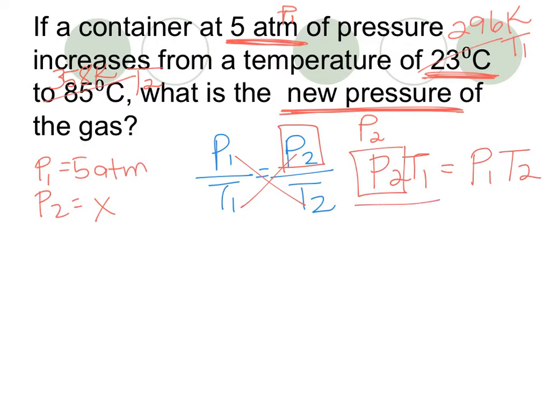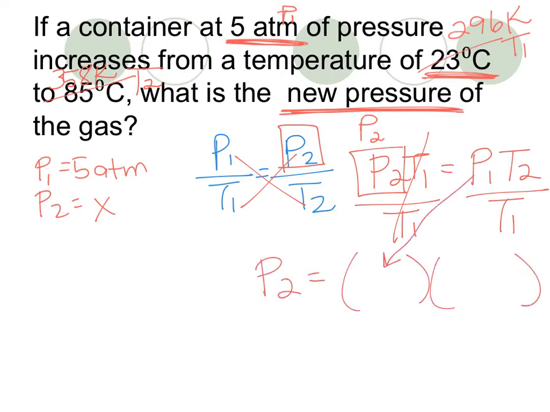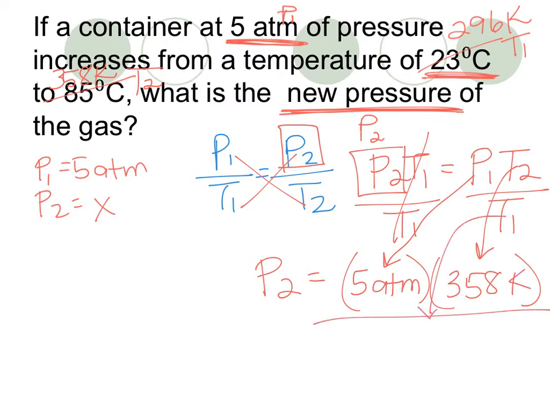Solve for P2. We've got to isolate P2 so we get rid of T1. So that leaves us with P2 is equal to, my P1 is going to come in right here, which is my 5 atmospheres. My T2 is the 358 Kelvin. And we're going to divide by our T1, which was 296 Kelvin. We put that all into our calculator, and with proper number of sig figs, we end up with the pressure of 6